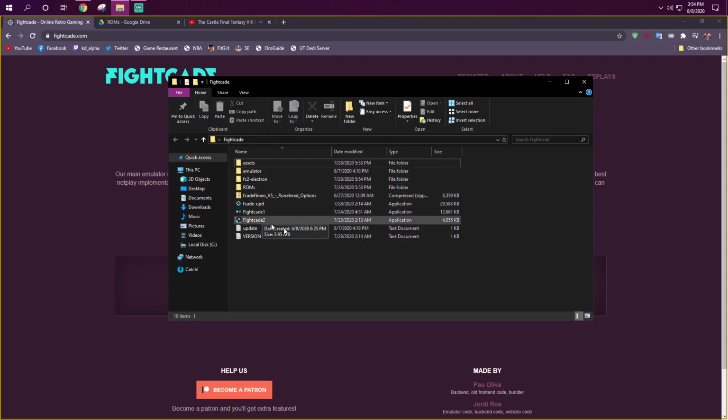This is what your folder for Fightcade should look like. Assets folder, Emulator folder, Fightcade 2 Electron, an empty ROMs folder, Fightcade Neo run ahead options, which I still have zipped. You're going to have the Fightcade updater, Fightcade 1 and Fightcade 2, as well as the update log and the version log. Fightcade 1, I assume, is going to become